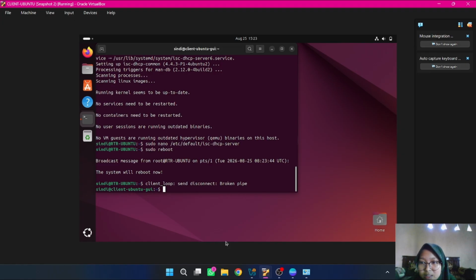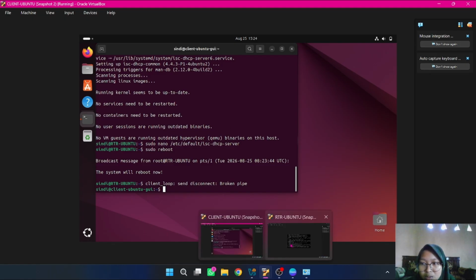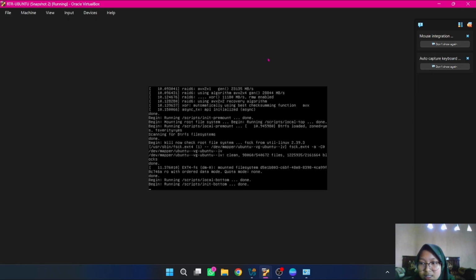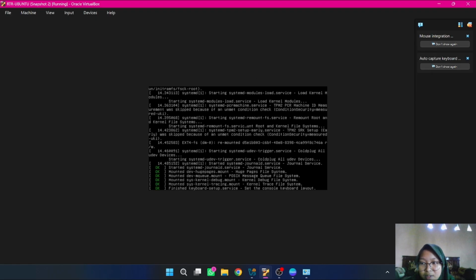Because we have rebooted, we automatically exit to the Ubuntu UI client. So my current position is now on the Ubuntu UI client. Check the RTR Ubuntu. Now, it is also in the process of rebooting, friends. In the server position, let's wait.